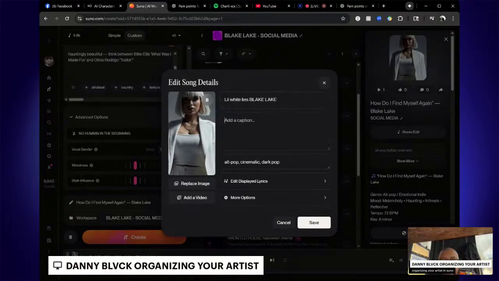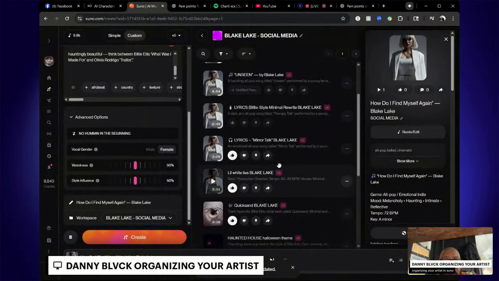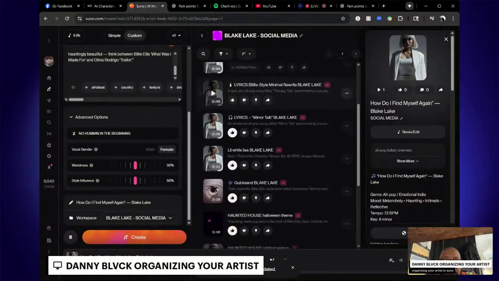And now I'm going to put Social Media because I made this song. I didn't even have the name of the album at that time. That's why it's Little White Lies. All the songs really go right with social media, like unpost, delete, stuff like that. This one I made before I thought of the name of the album. And the name of the album is Social Media because I wanted Blake Lake to talk about all the things